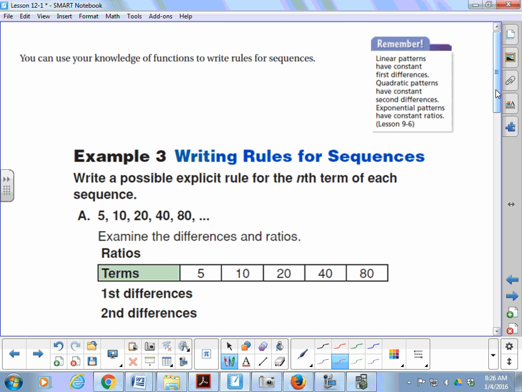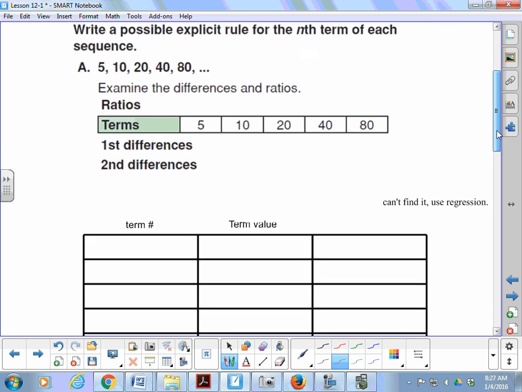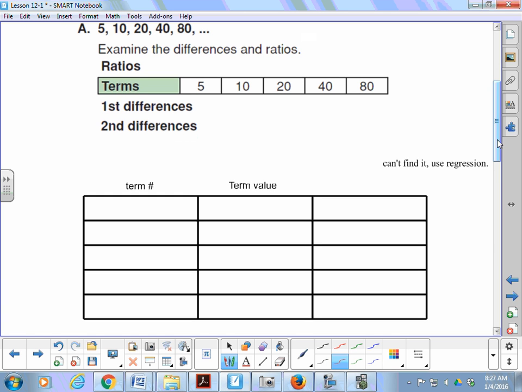Now, most sequences, you can tell what type it is right away. We've practiced it already, finding arithmetic and geometric ones, so we know when we're multiplying or when we're adding or subtracting. Those are usually pretty easy. The ones that are a little bit tougher are the quadratic ones sometimes. But we have a method we're going to use to do this. So we're actually going to make a table to do it. Now, if you are unable to figure out what it is, we actually could use regression from our calculator to do it. And what I'm going to do is make a table using term numbers and the term values to be able to figure out what our